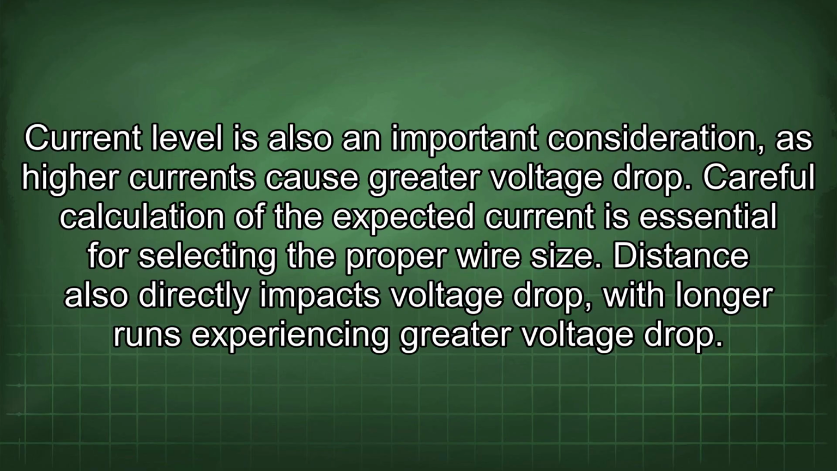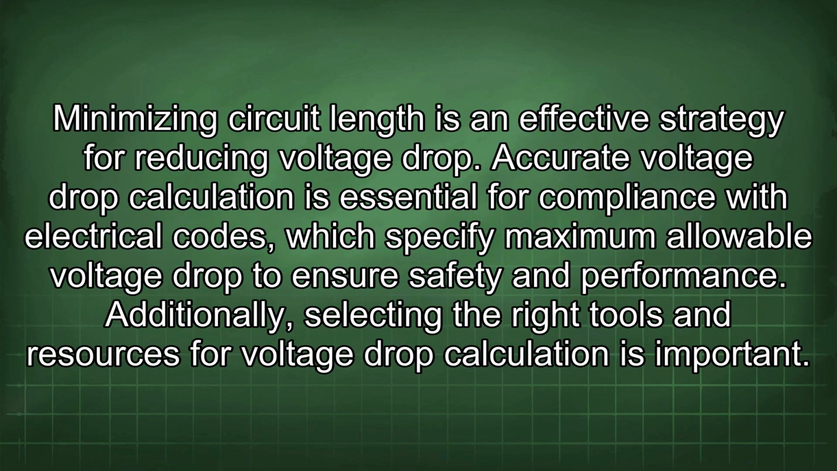Careful calculation of the expected current is essential for selecting the proper wire size. Distance also directly impacts voltage drop, with longer runs experiencing greater voltage drop. Minimizing circuit length is an effective strategy for reducing voltage drop. Accurate voltage drop calculation is essential for compliance with electrical codes, which specify maximum allowable voltage drop to ensure safety